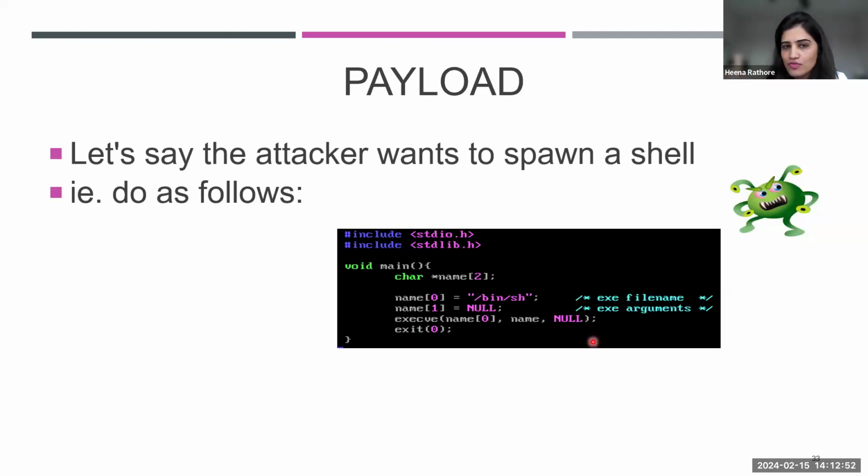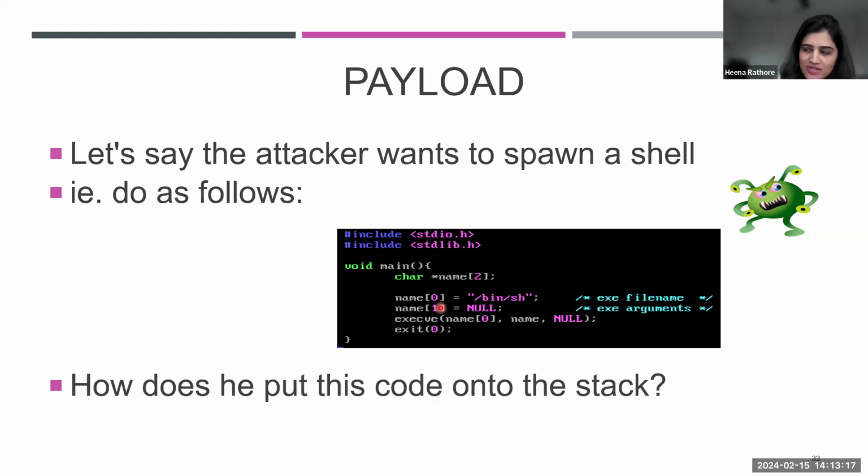So what an attacker will do, the very first step is he should know how to create a shell. So this is some basic function which is creating a shell. The attacker will write a specific code in C language. The next step, once he has written that particular code,